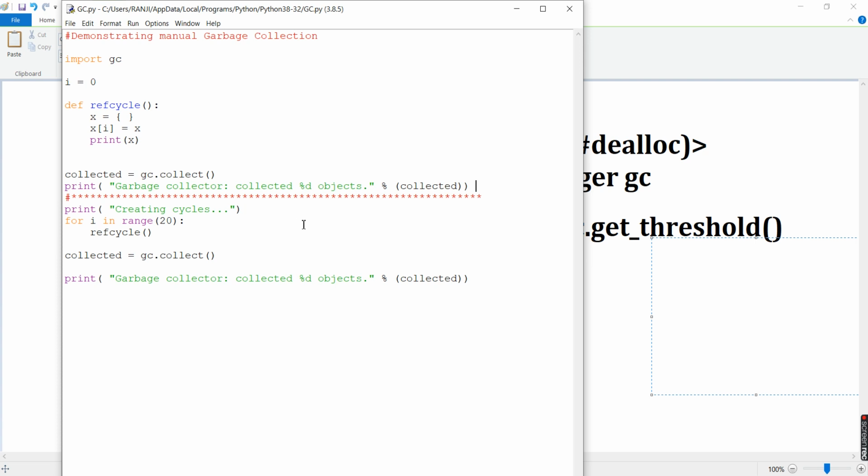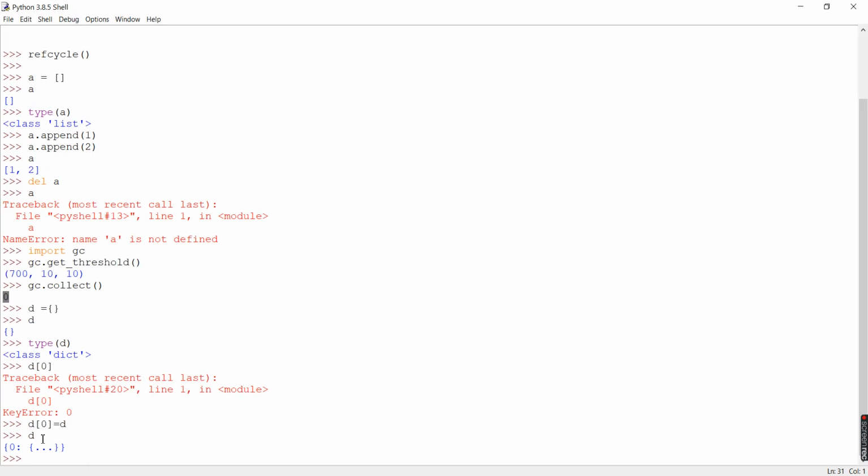Now here we print the cycles for creating. Say initially I want only 10 cycles, so i in the range of 10 will run from 0 to 9, that is n minus 1. We know what the range function does, and in it I'm calling the reference cycle. In the reference cycle, first it takes the value of i equal to 0, prints this, and prints this particular line.